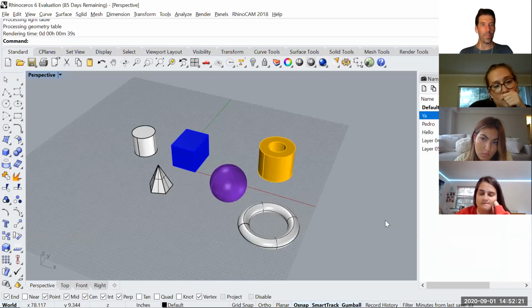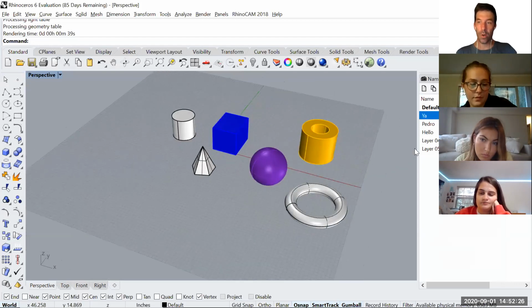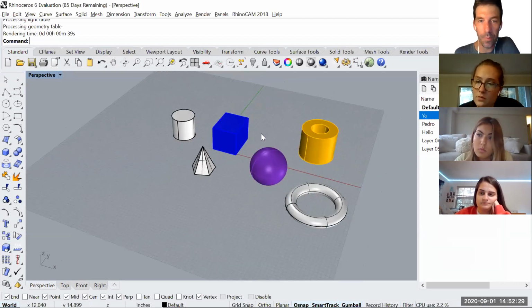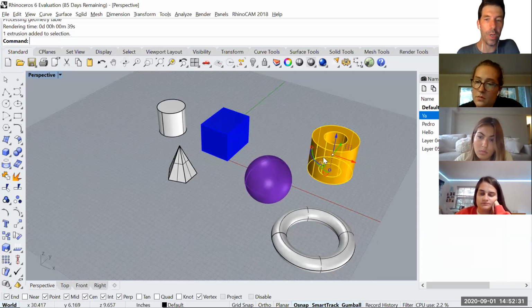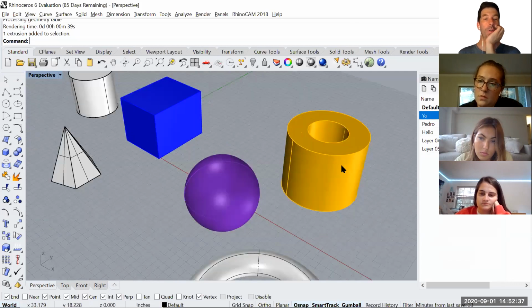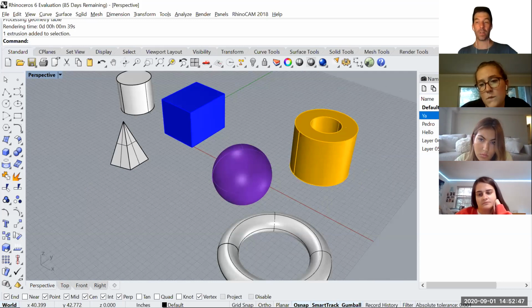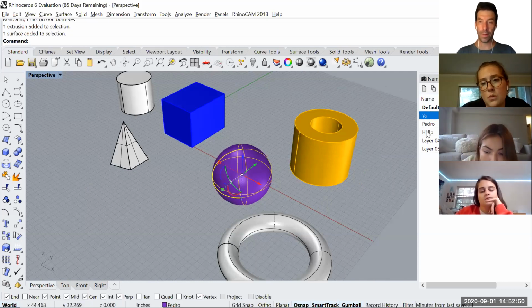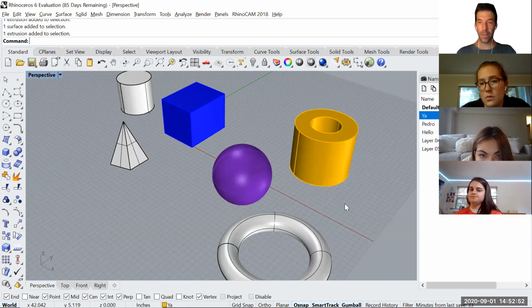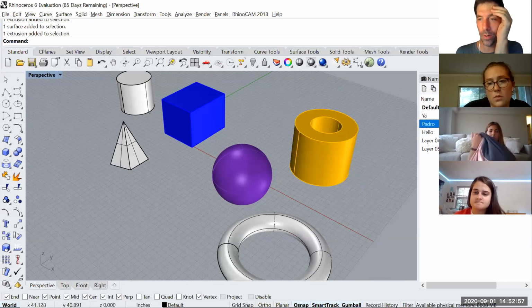Now, as I said before, we have a color of the boxes here, and that represents the color of the interface. That's how we actually see the objects that are in that layer in a particular way to understand whether they're from one layer or another. But they will all render the same way. How do they render? They render according to the circle to the right of the box. So for example, the purple is under the layer Pedro, and the cylinder is under the layer hello. So if I change the Pedro circle,